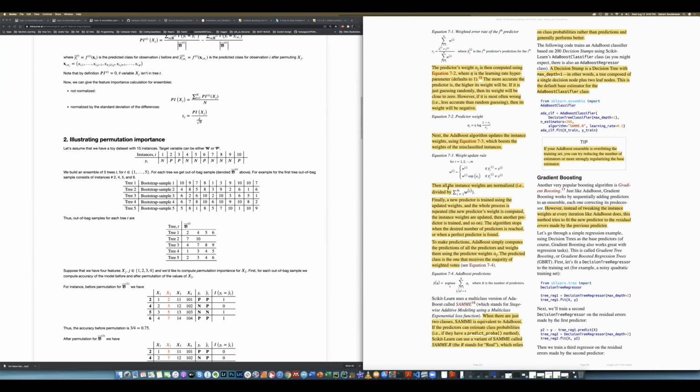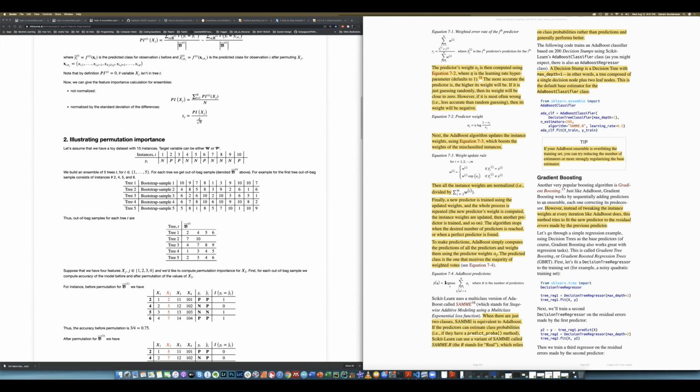And then you normalize all of these weights once again by the sum of the weights. That ensures that the scaling is preserved. And then we go through this entire process again, where we take a new predictor, pass all of these reweighted samples through it, and compute the score, and we do this process over and over